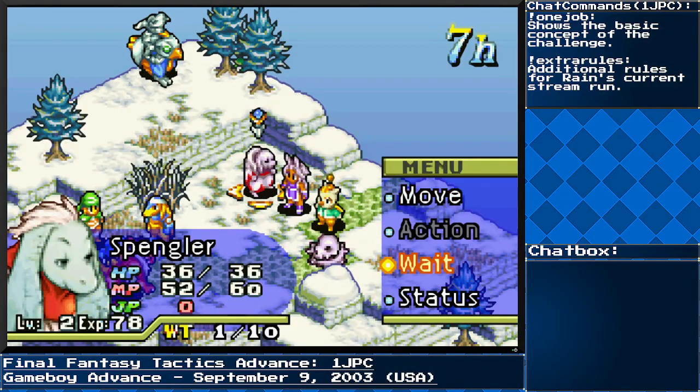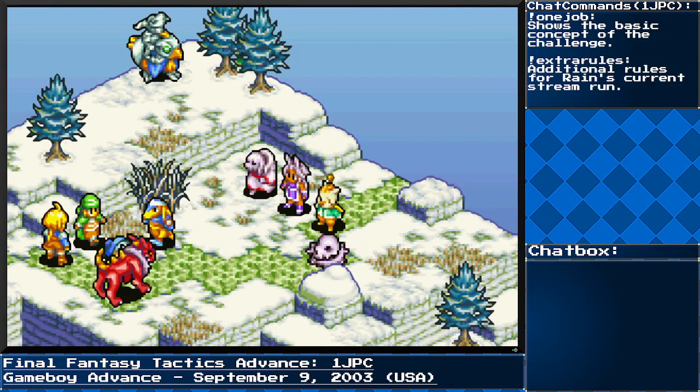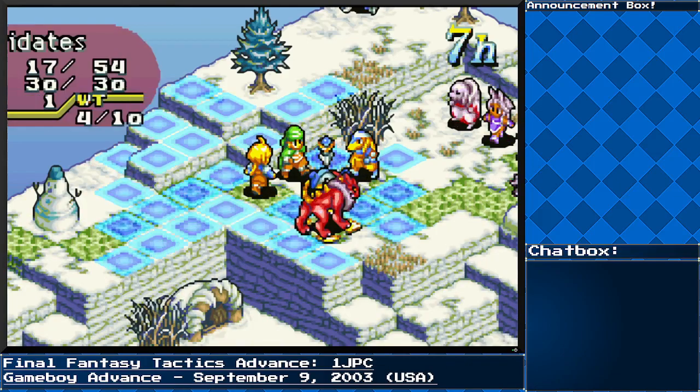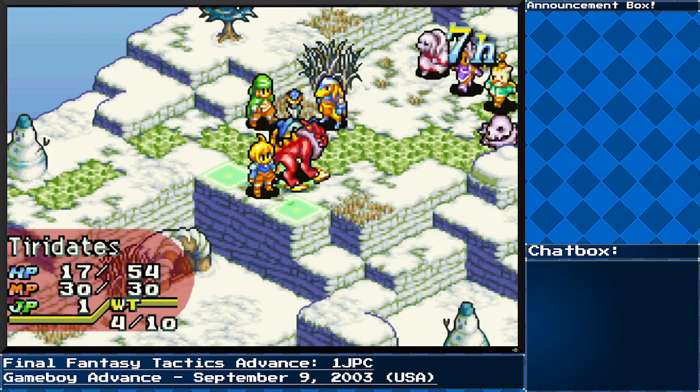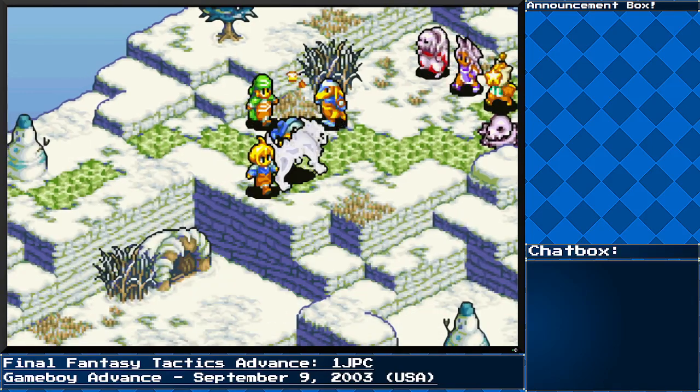So, spoiler alert, early to mid-game, Spengler is just going to be a heal bot. Like, that's all he's good for. Eventually he'll start getting some extra buffs that'll help out, but for now...